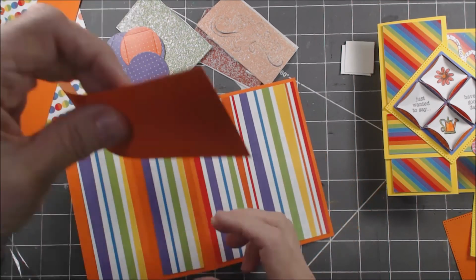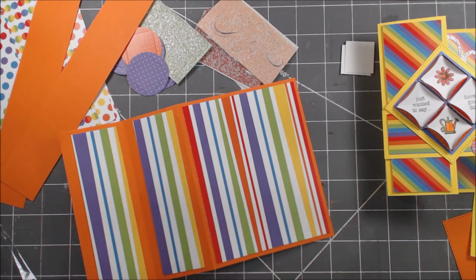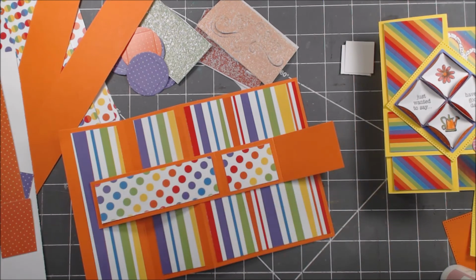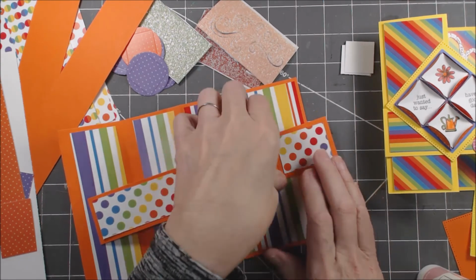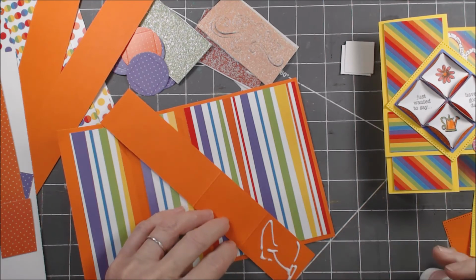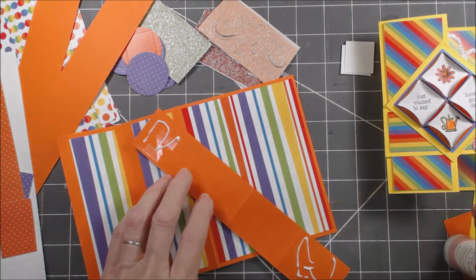And remember we had our strip of paper that we folded in half and then in half again, right? So now I need to put something on that. Let me find, I've got several papers over here. Let's see which one I want to use. Just like so. One more piece. So, and then I want to glue this down, and a little bit of adhesive over here. Glue that down, and what we do